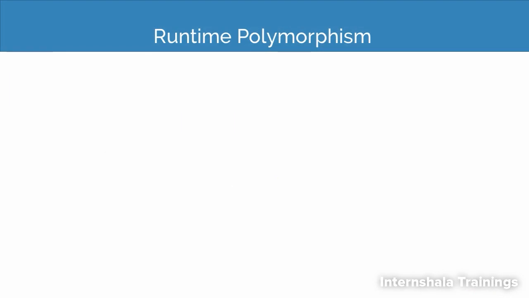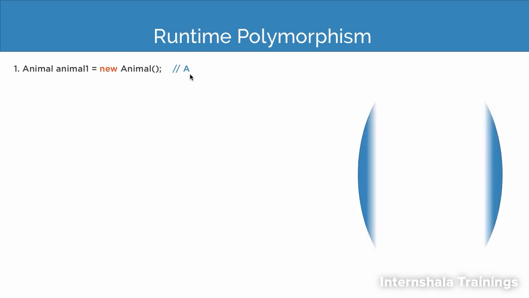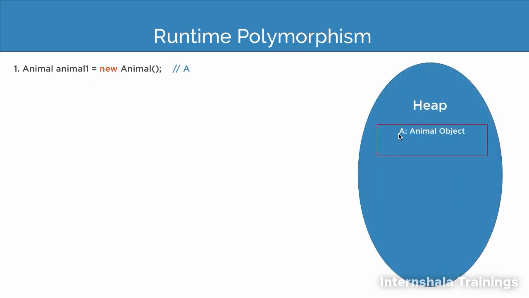Now let us visually check out the concept of upcasting that comes under runtime polymorphism. So suppose I create animal1 equal to new Animal. This simply creates the A object within the heap memory, right? So here I have the Animal object and then we have the run method that simply prints out "animal running". This statement simply creates the animal1 reference variable that points to this object. Now in the very next step, if I call animal1.run, it will simply print "animal running".